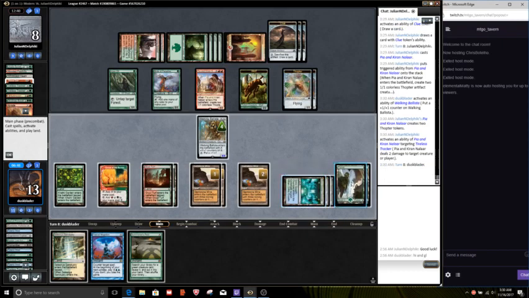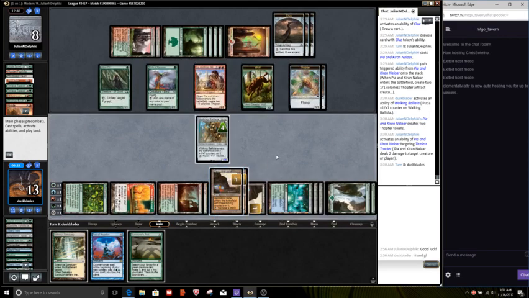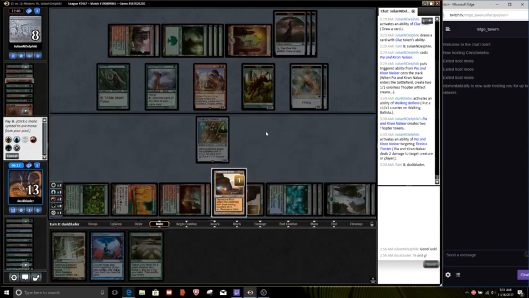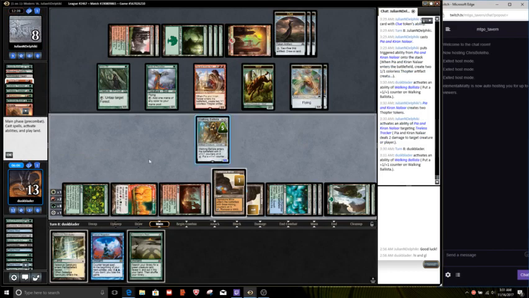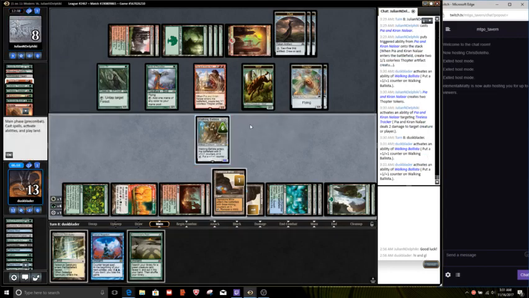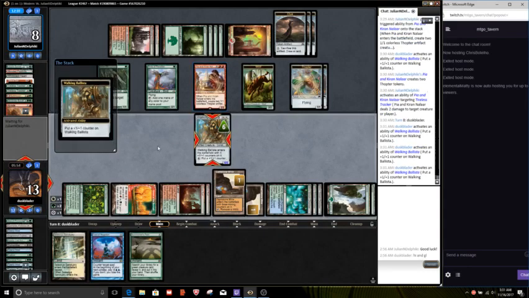Summoner's Pact. How much mana we've got. Alright, so 3, 5, 13, 14, 15, 16, so 3, 4, I guess that's 6, 8, 16. Our opponent does only have access to 2 mana, correct? So